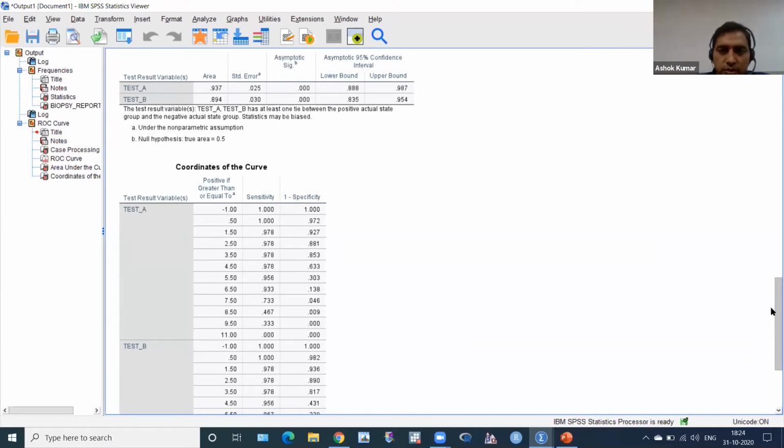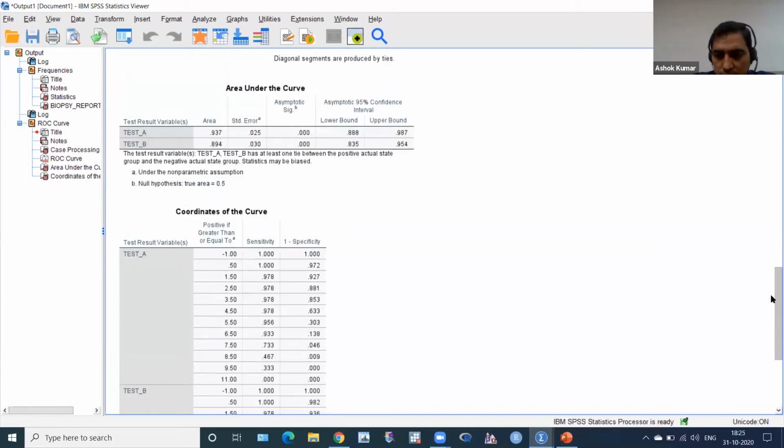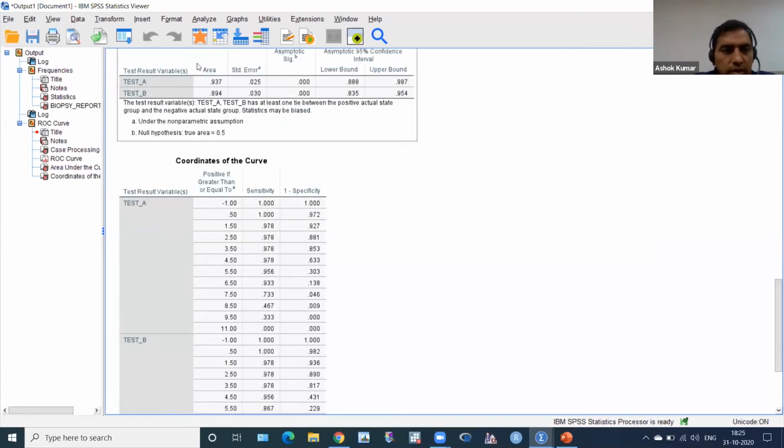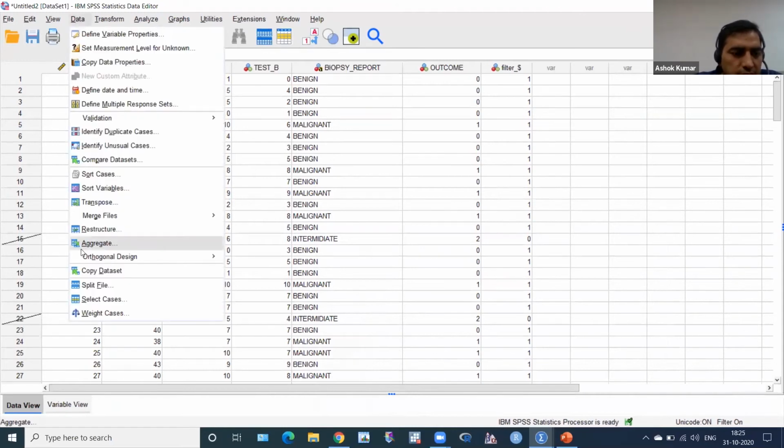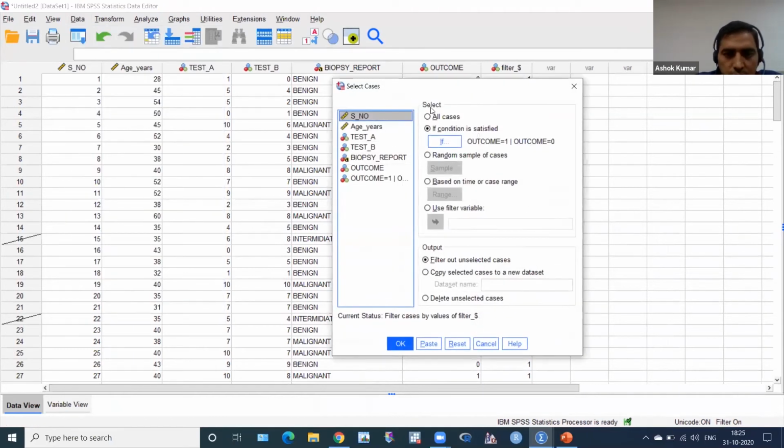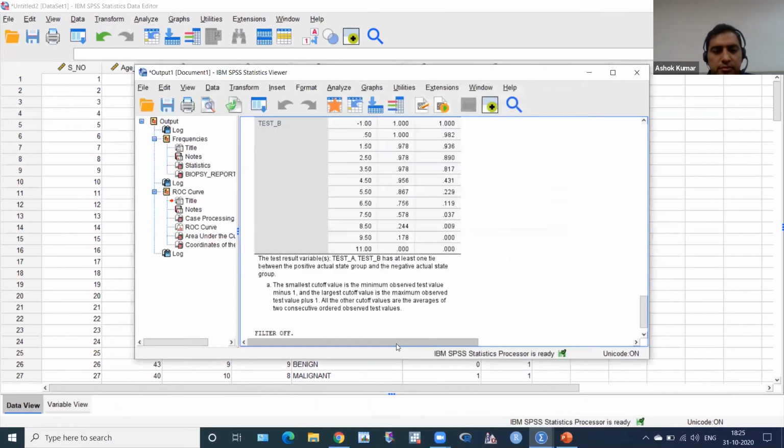Okay, so this is our data. You see, please remove this omitted sign from here. Okay, so please go in the data table, data button, click this data here, and then click on select cases. Then this will come, select all, click on select all, and then click OK. So then filter off. Okay, there is a filter off.